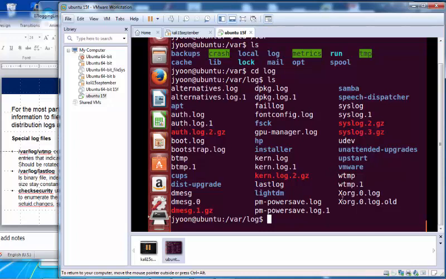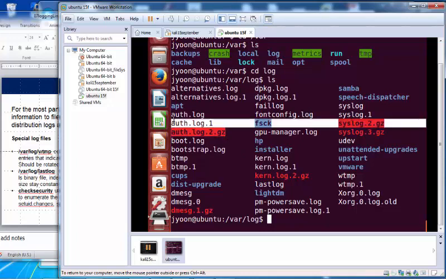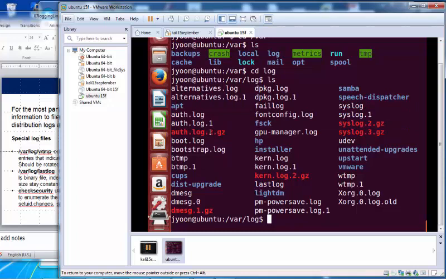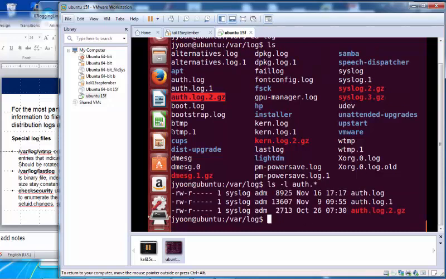For example, MySQL: a MySQL directory, and under it can be multiple log files. I want you to look at the auth.log files. We have different versions, right? auth.log.2, log.1, .2. Maybe the size is bigger, therefore it is compressed, right? If you want to see that, type auth dot star, then we can see the size of those.